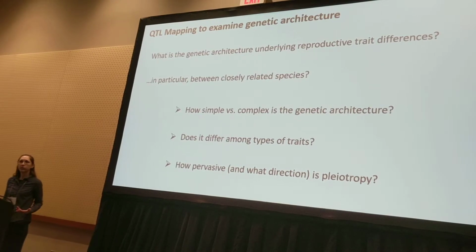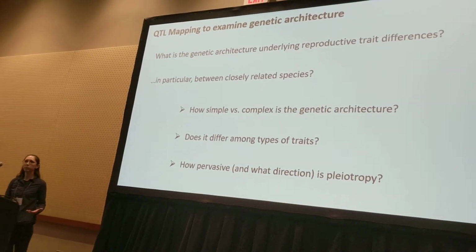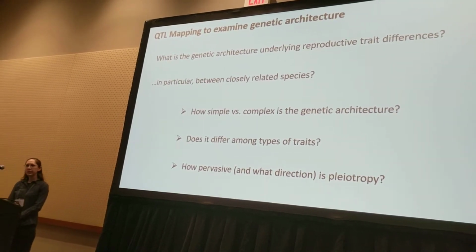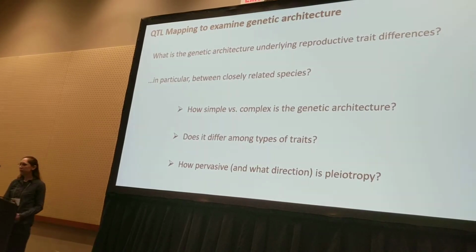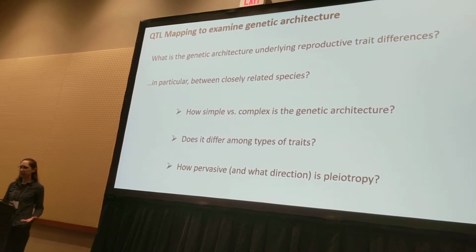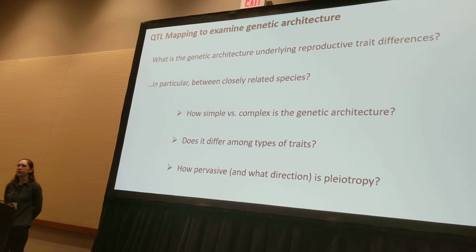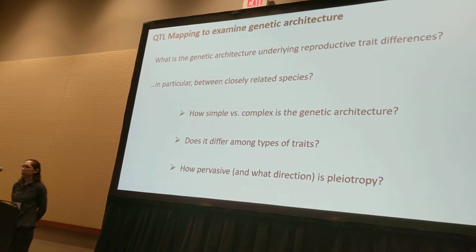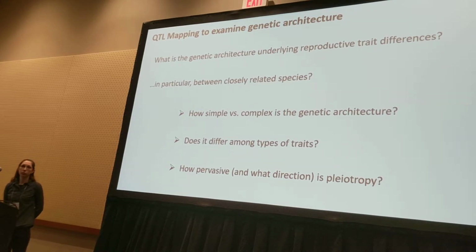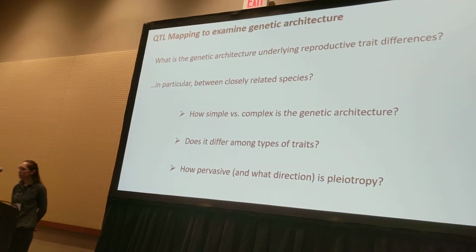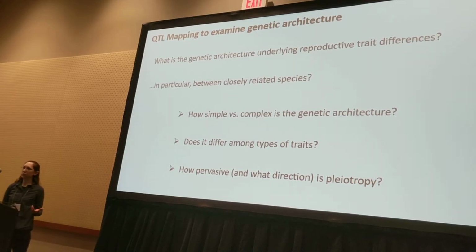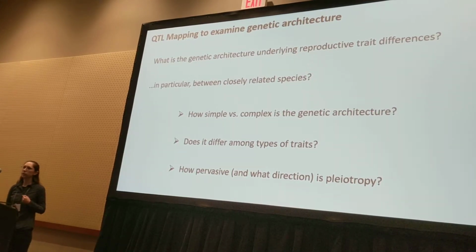We might predict that traits with simpler genetic bases might be easier to change. Does the complexity of these traits differ between the type of trait that it is? And finally, how pervasive and in what direction is genetic pleiotropy, which is when one gene influences more than one trait? We might expect that if it's antagonistic, such that a single genetic change influences more than one